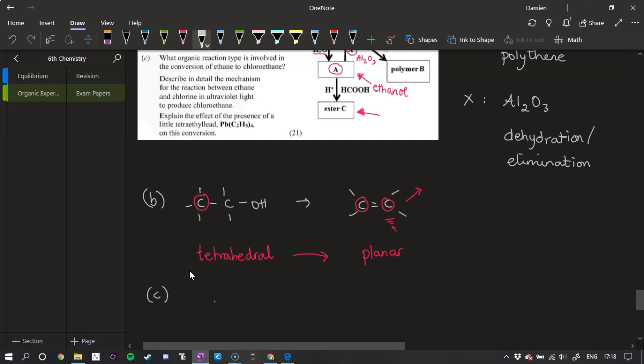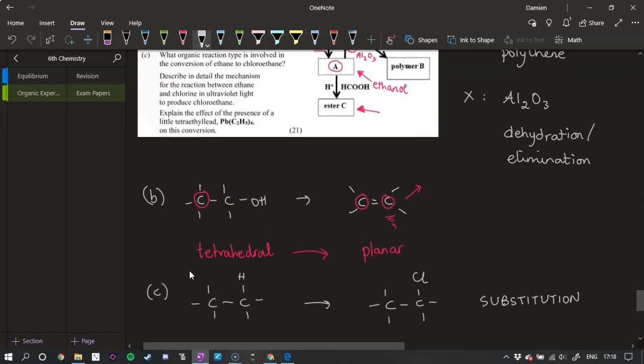So if you're going from ethane, surrounded by hydrogens, to chloroethane, chloroethane means that you have replaced a hydrogen with a chlorine. If you're replacing one atom with another, this is called substitution. Now you don't have to draw all that out, but just "substitution"